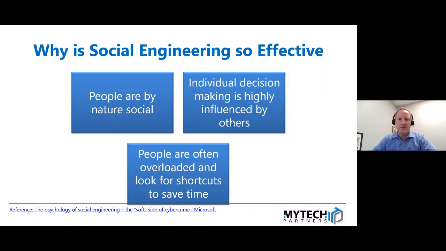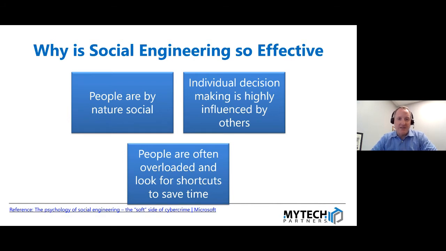So these are some of the challenges: we as human beings like to be fair. We like to be helpful in general. And this is one of the reasons why social engineering is so effective and why it's so important to train your team on how to mitigate and recognize social engineering, because it's really the last line of defense against someone potentially breaching your environment.